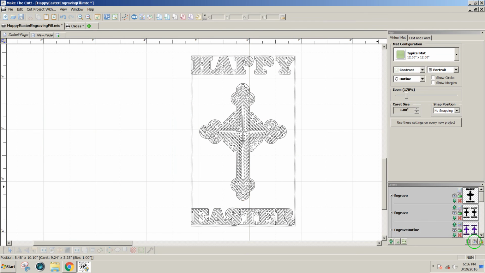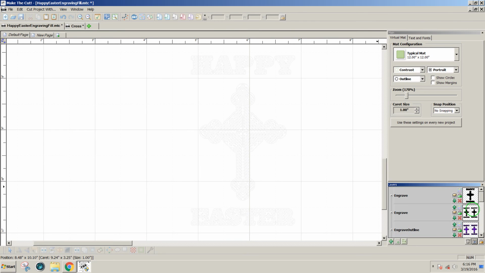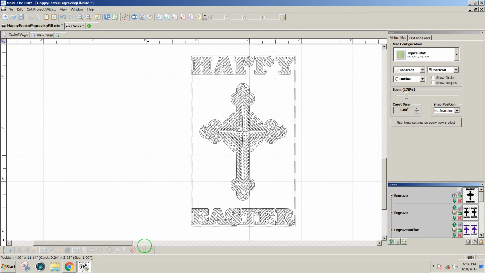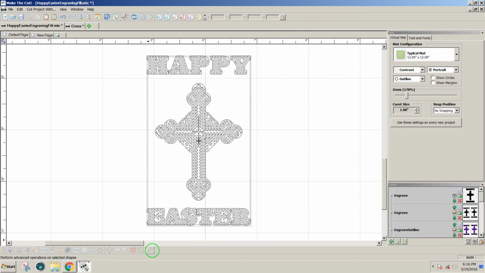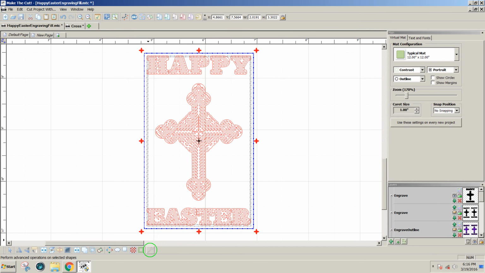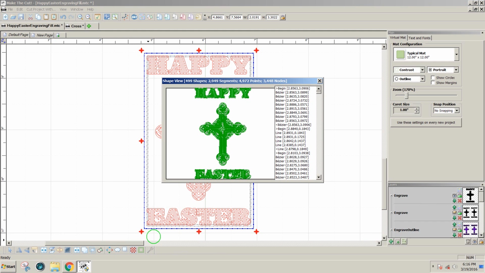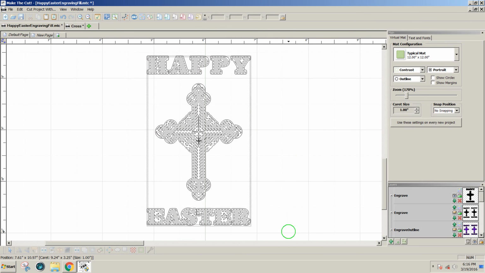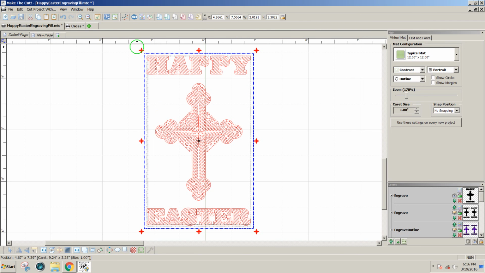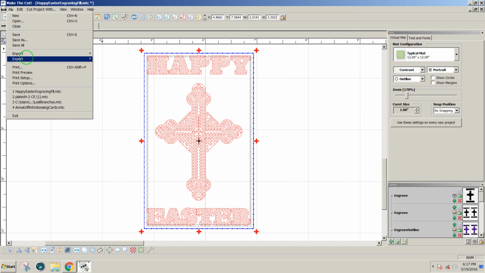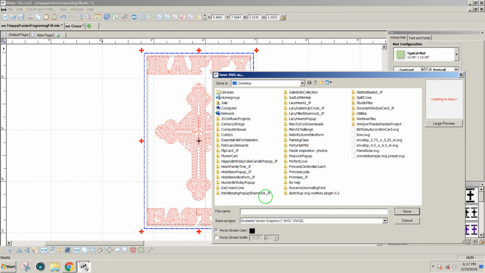I would also hide all layers. Hide all and show only the layer that you want to draw. That'll reduce rendering time. Also, you can click on Advanced at the bottom and select what you want to look at, View Path Detail, and you'll see that in this design there are 3,448 nodes, which is not huge, but it still is quite a bit. Now if I wanted to cut this on my, or engrave on my Force, I would select all and go to File, Export, Selection to SVG, and I would call this